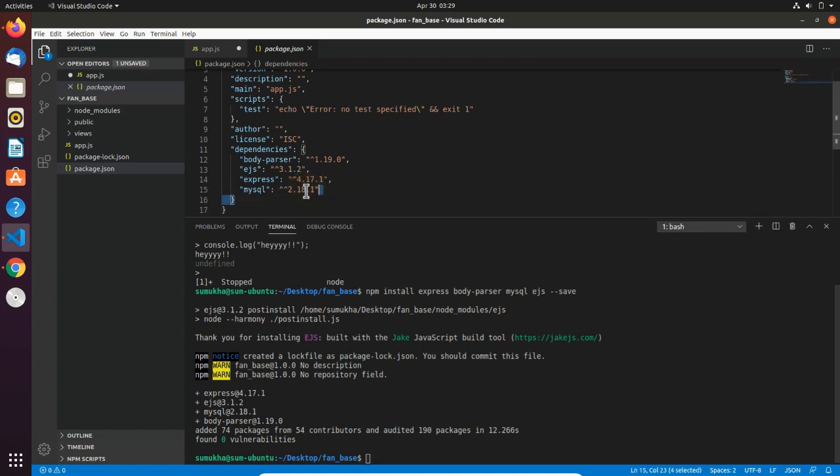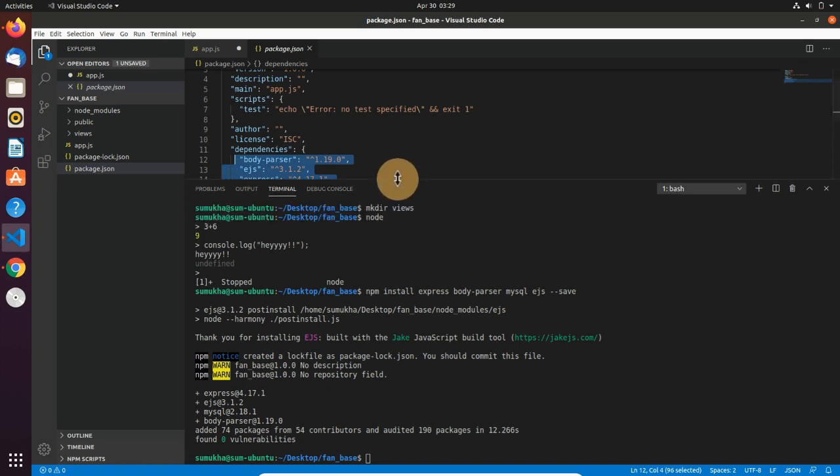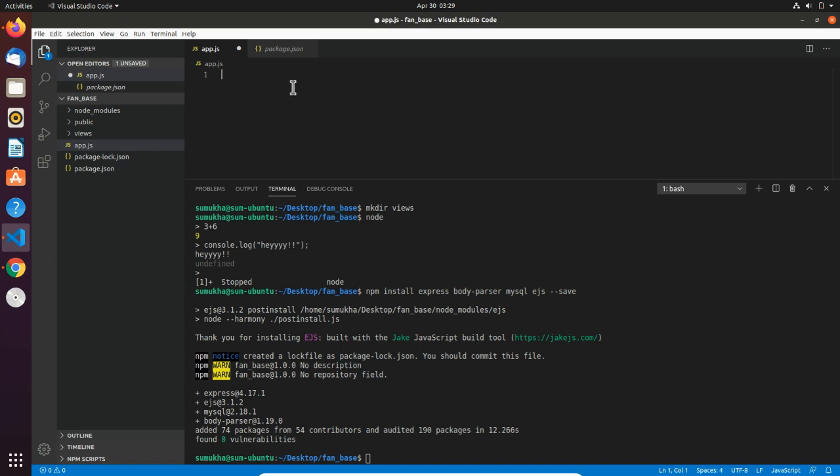There you go. These are the dependencies which we installed just now, which is body-parser, EJS, Express, and MySQL. So we'll be using all these now in our app.js file.